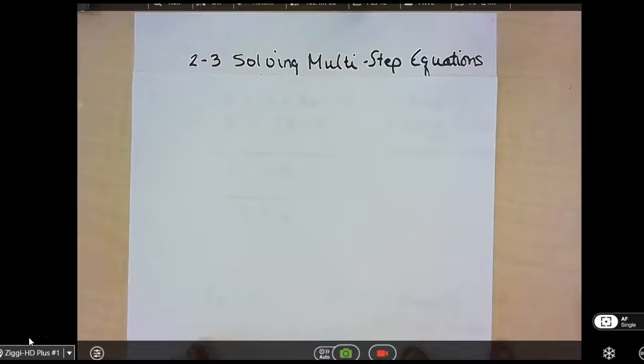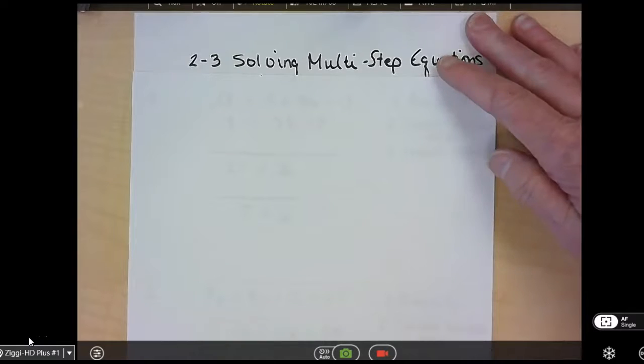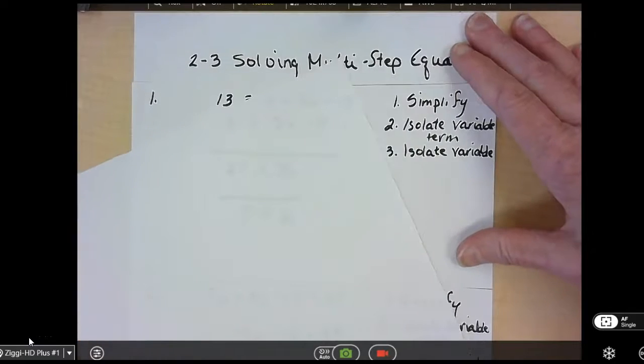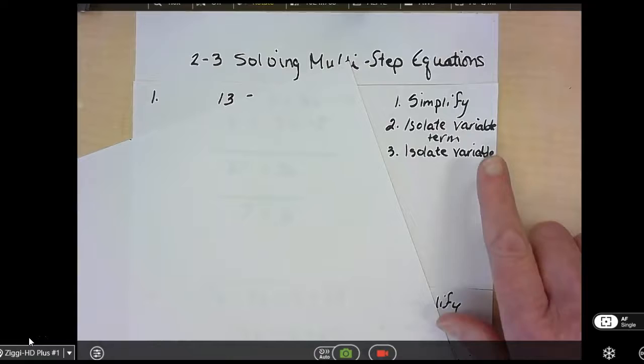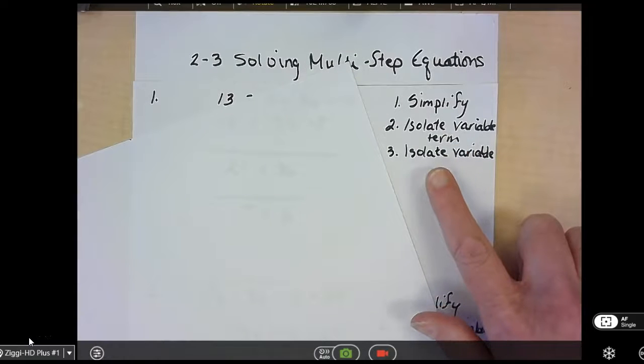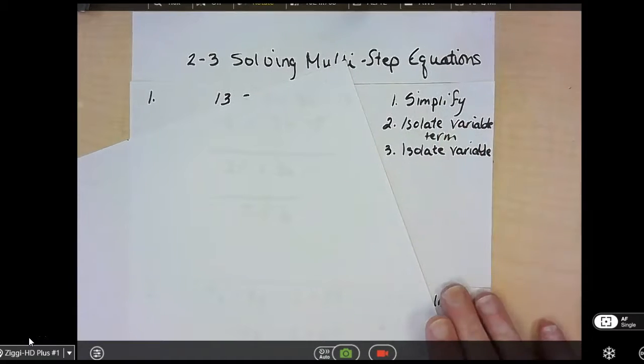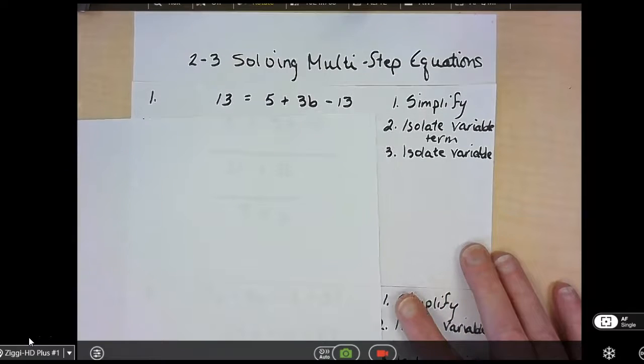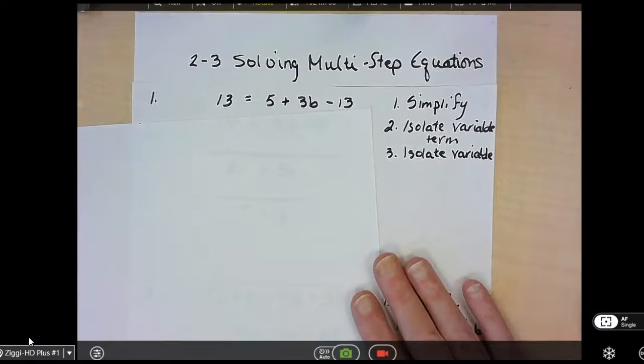Okay, today we're doing 2-3, solving multi-step equations. So when we were solving our equations last time, you learned to make sure you isolated the variable term, and then you isolate the variable. Well, now we have one more step. We're going to simplify first. So if we look at our problem,